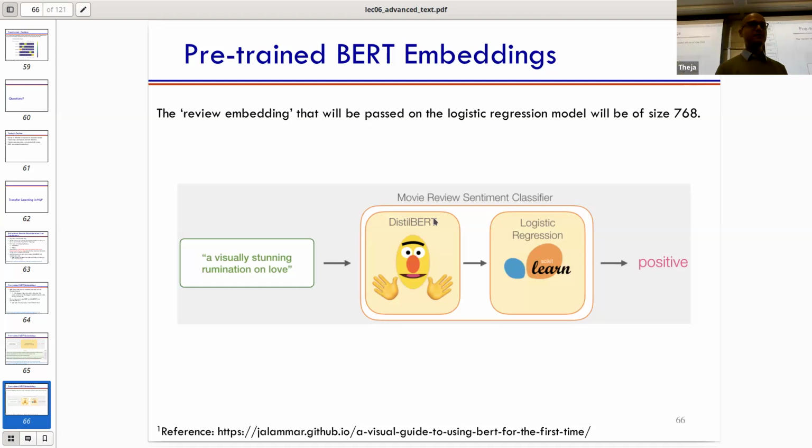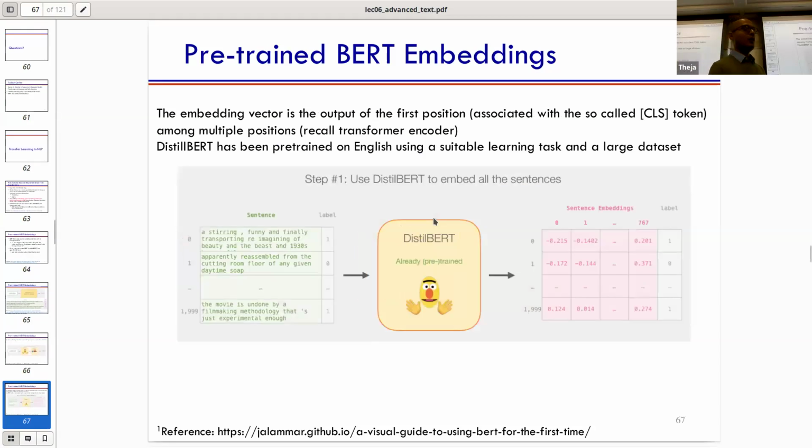So what are we doing? For each sentence, we just want to generate an embedding. For DistilBERT, I think it's a 768-dimensional embedding, but that's all we want to create. So basically, our data set goes from words, comma, label to a vector, comma, label. It's very intuitive, hopefully, at this point.